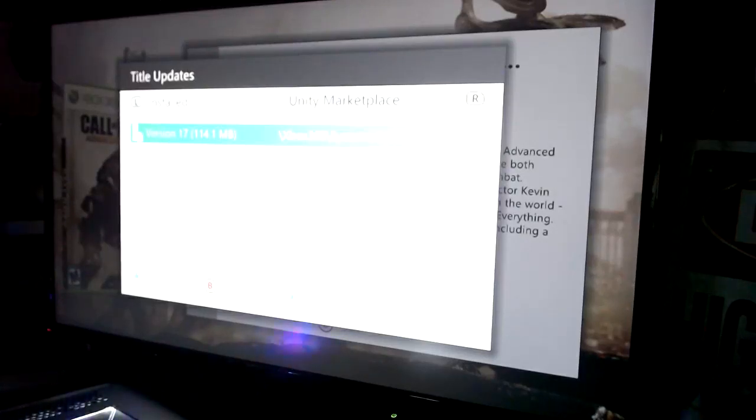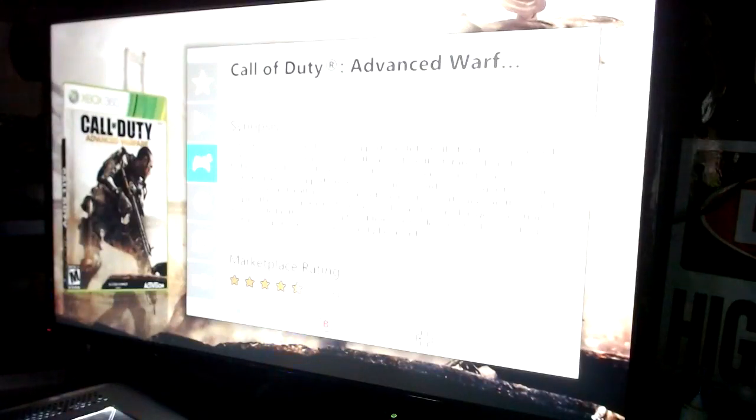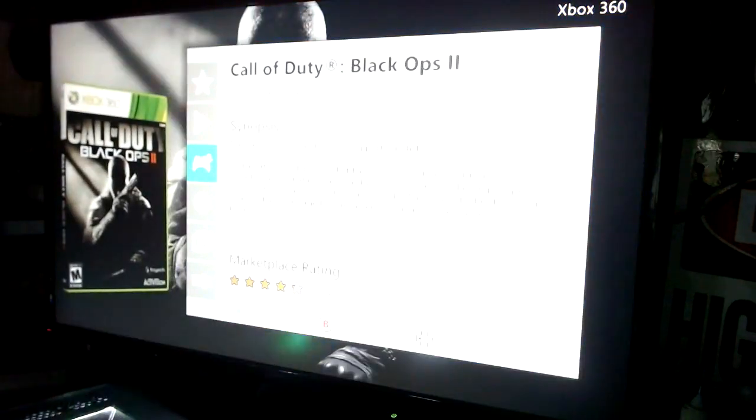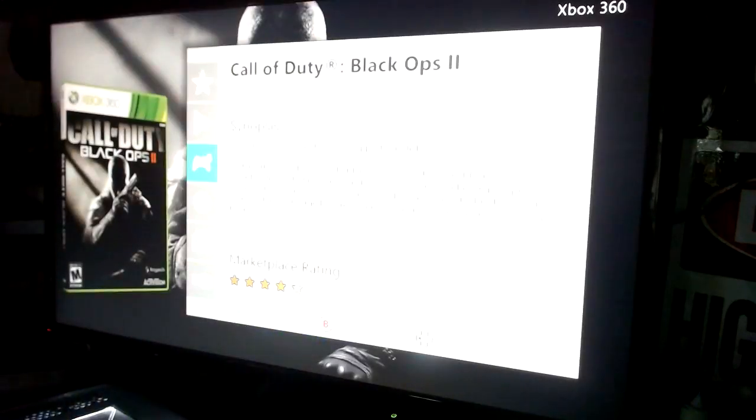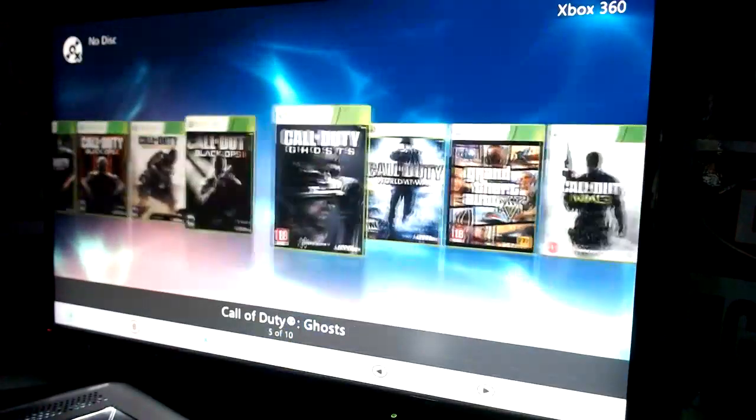If you do not enable the title update, you will not get online. It will crash the console if you have it online and do all kinds of stupid stuff. So always make sure all of your title updates are enabled. See what I'm saying? It's either there but they aren't enabled. Now, you could easily